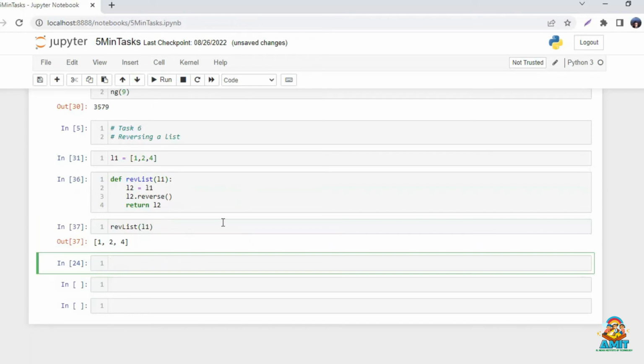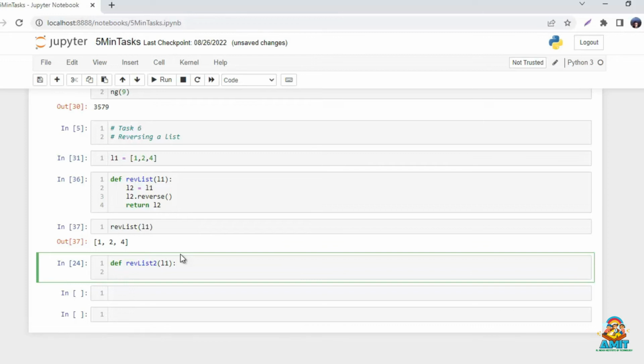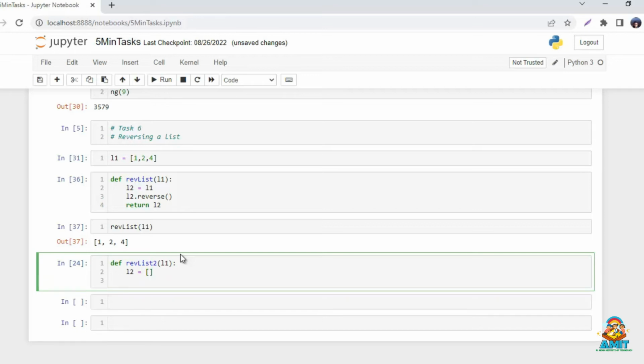Now the other way around is by using the for loop. So let's do it. Okay, let's just copy. L1 is already defined, so we're going to define rev list 2, which will also take L1 as an argument. Okay, we're going to create another list L2. This will hold the reverse value of L1. We're going to create counter